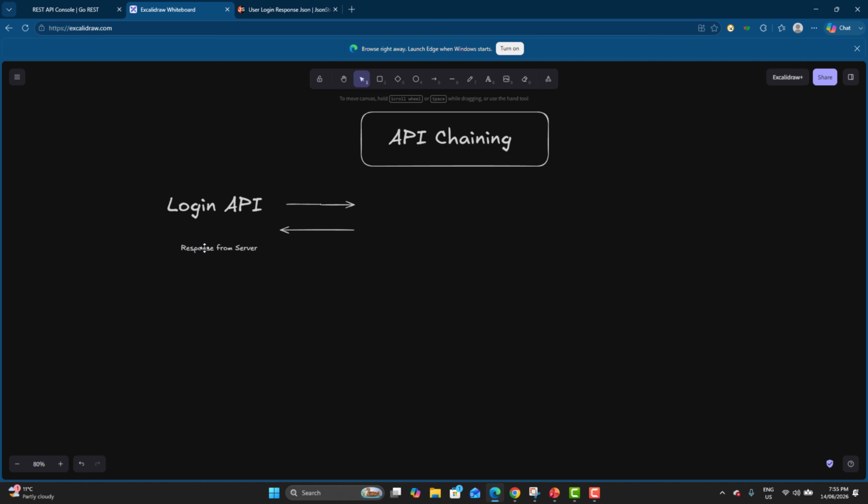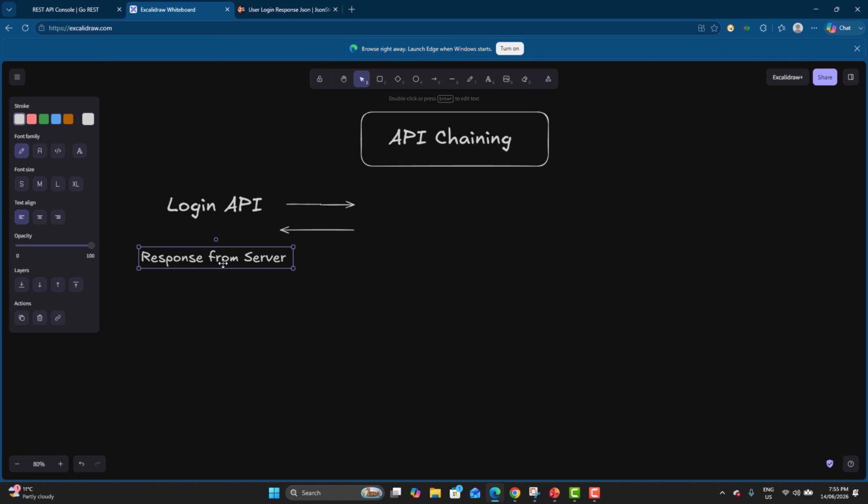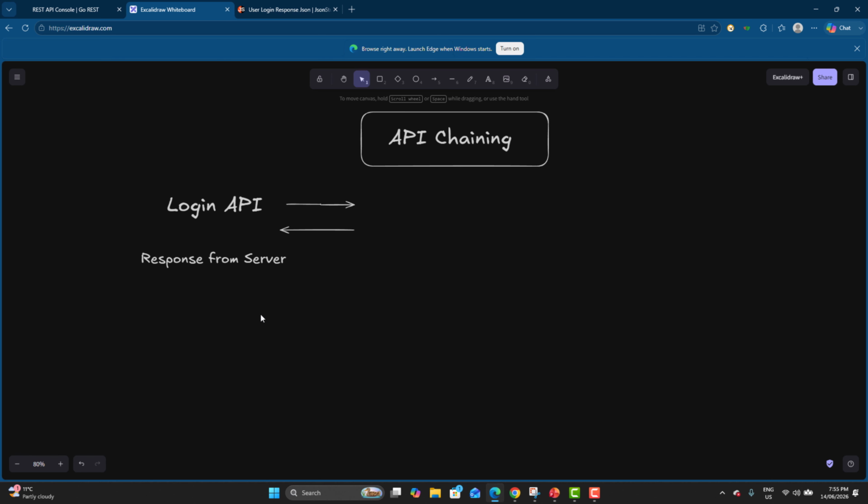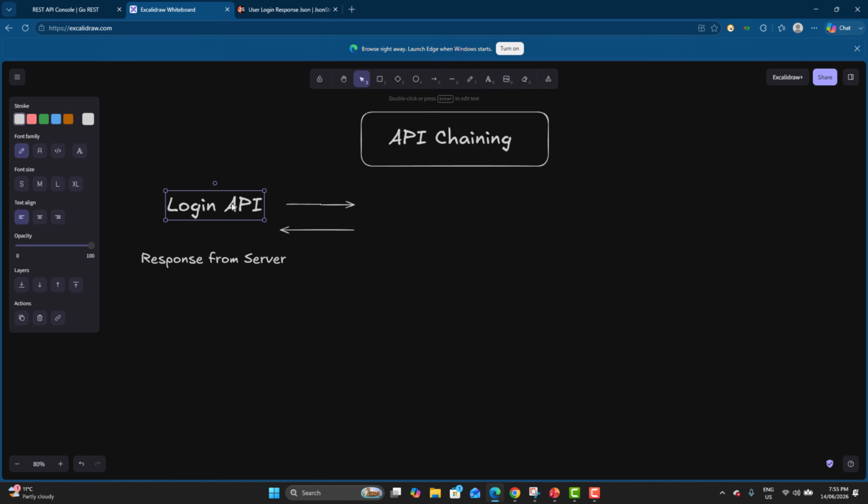Now this response actually contains the access token, and you need to extract that. Assume that you have another API,